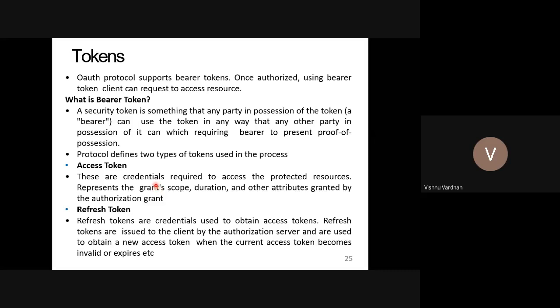Then the cashier is going to give a token. It is nothing but a simple piece of paper wherein it is written some 50 rupees or 100 rupees, or sometimes the name of the item. In that way, he is going to authorize you by giving a token from that restaurant.